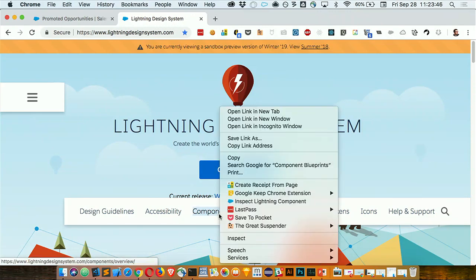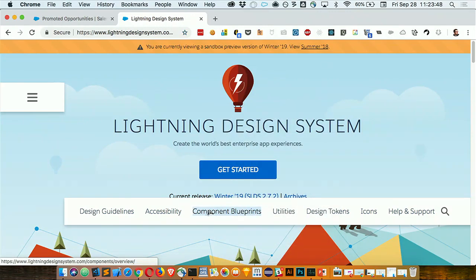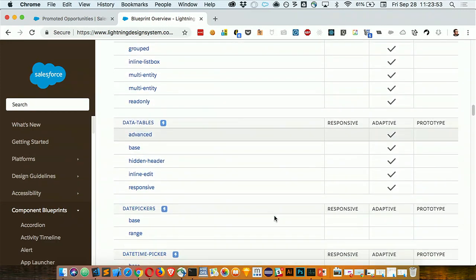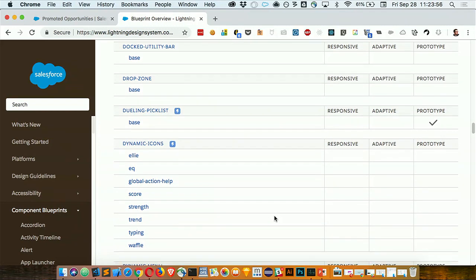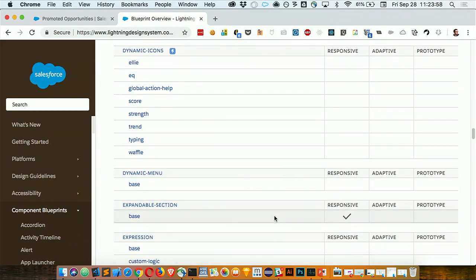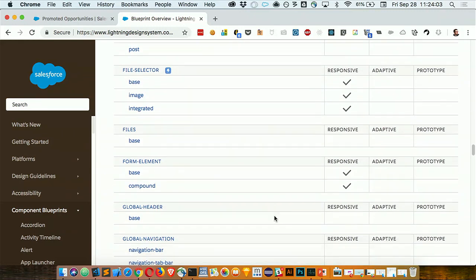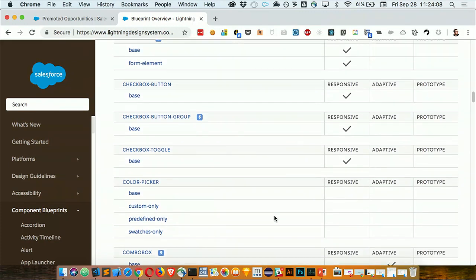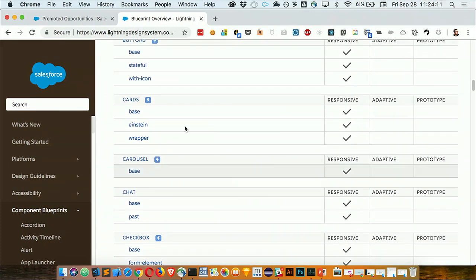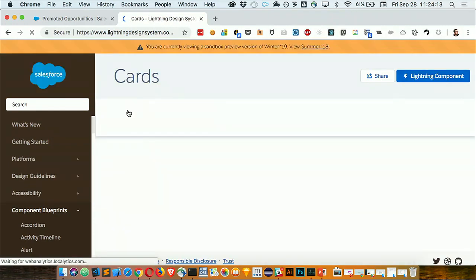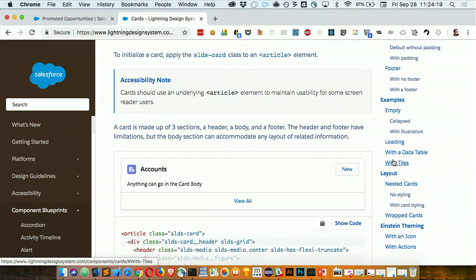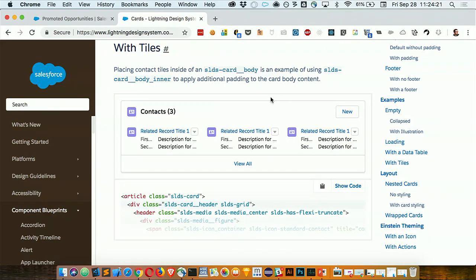and we'll go in here, and this will show you the list of components that you can pick from, which essentially allows you to bring in HTML that's already pre-built, vetted for accessibility, using the best practices. And you can take the HTML samples, and I'll go to that card example that I want to use. So I think that's the one with tiles that I wanted. So here,